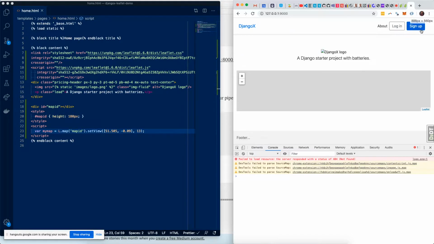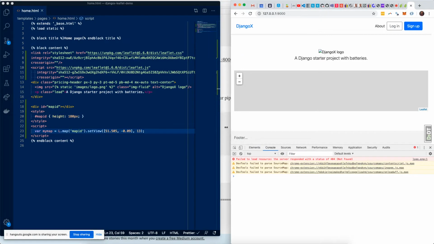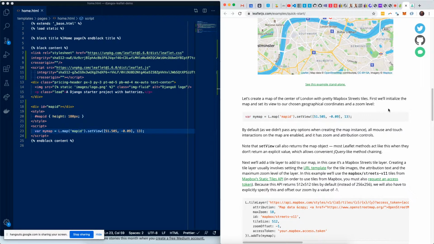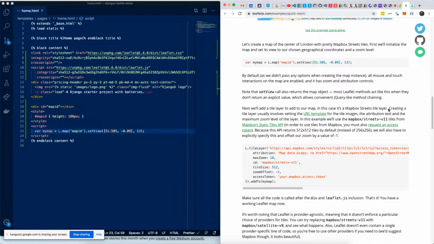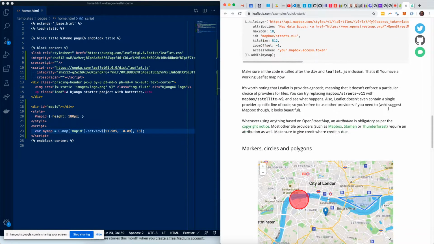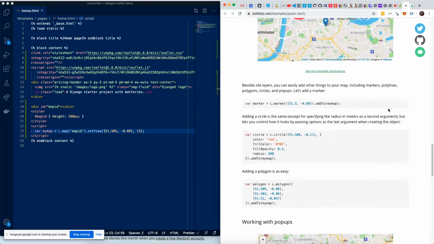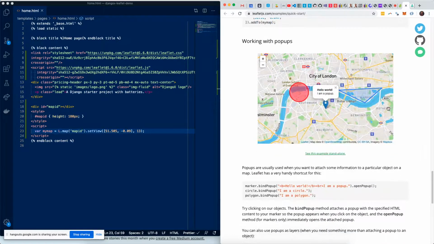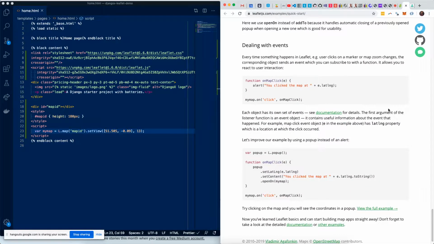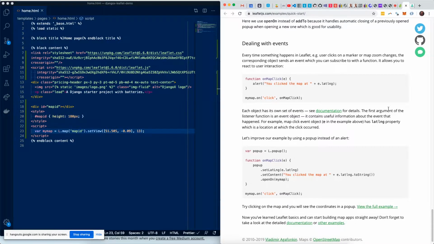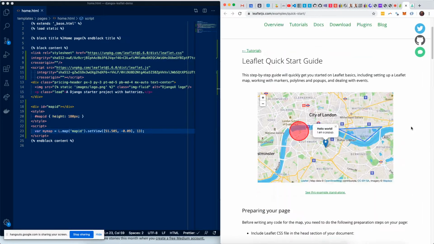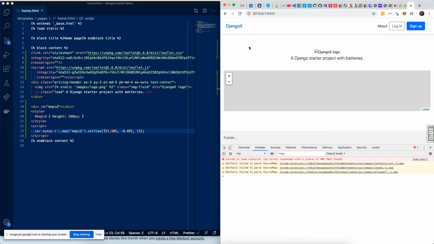This is really just, I've actually never done Leaflet, and I just want to see how far I can get within half an hour, and then just put it up as a video, rushing through it. All right, so you can put stuff on the map. That's cool. Dealing with events, like zoom changes, and that's the quick start. I guess that walks you through being able to render a map